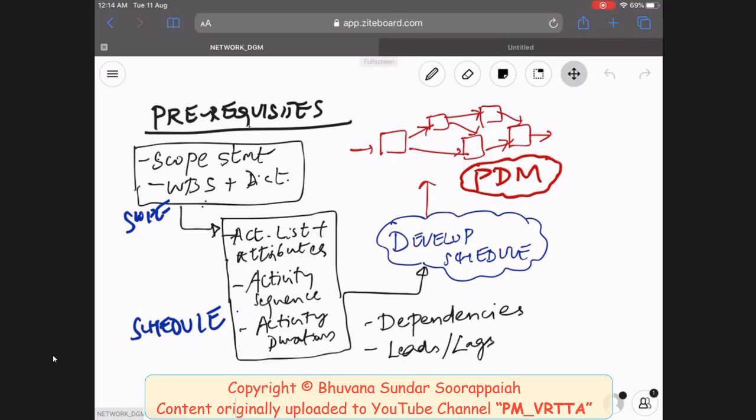Then you will have the WBS, the work breakdown structure, the hierarchical breakdown of your work, of your entire scope, plus the WBS dictionary, which basically describes all the work packages. And then from this WBS, you create a list of activities, which basically are the executing pieces in the project. So you'll have a list of all the activities that you would need to deliver the work packages planned in